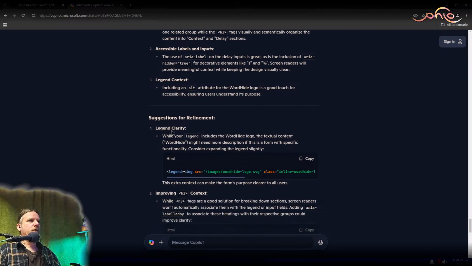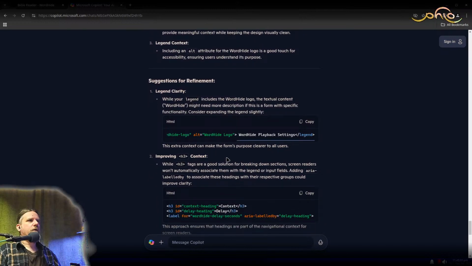Suggestions for refinement. Legend clarity. While your legend includes the word hide logo, the textual content word hide might need more description. If this is a form with specific functionality, consider expanding the legend slightly. Let's see what it says here. Or back playback settings. Improving H3 context.